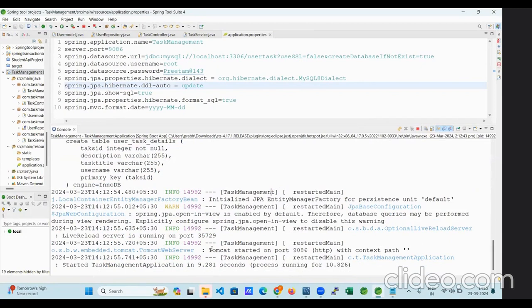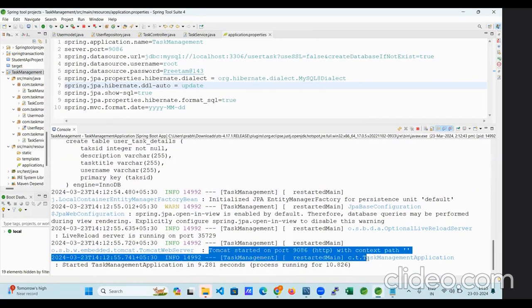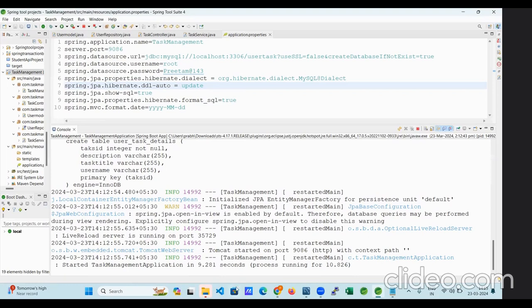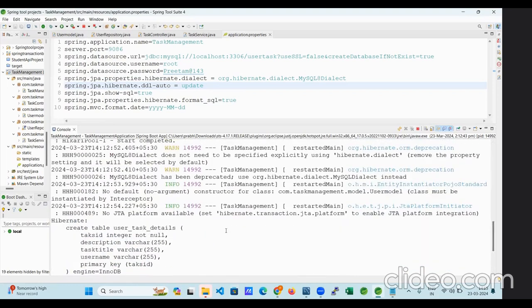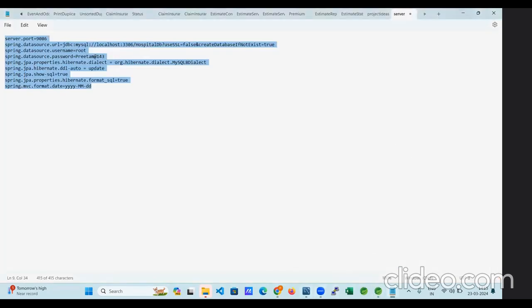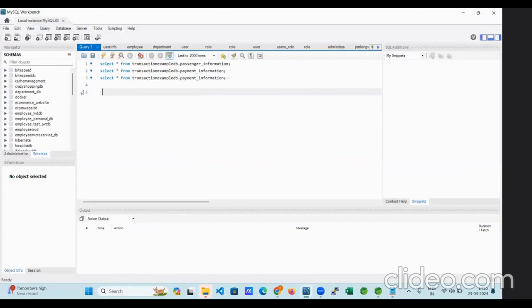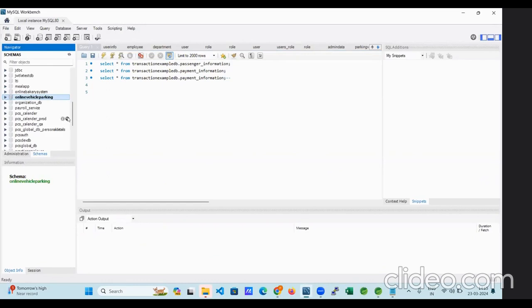Our template is started on 9086 and our table is created in the MySQL database. Let me go to MySQL Workbench to check. Before, there was no task management here. When I refresh, you can see